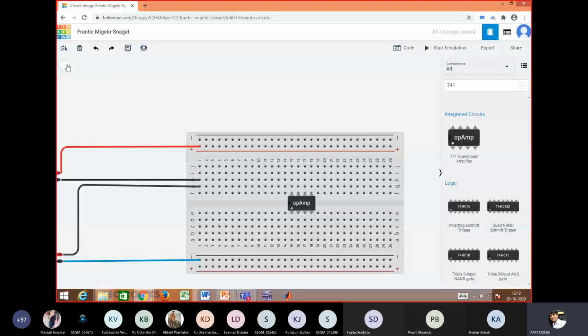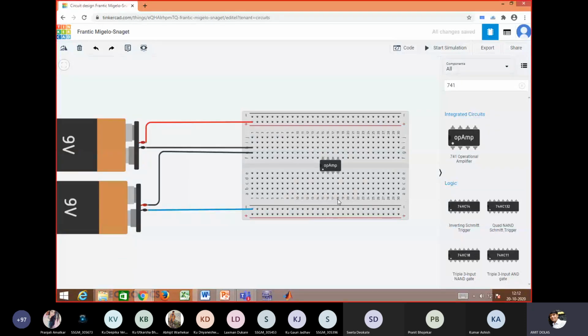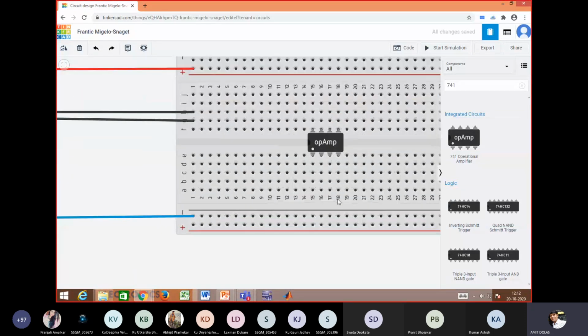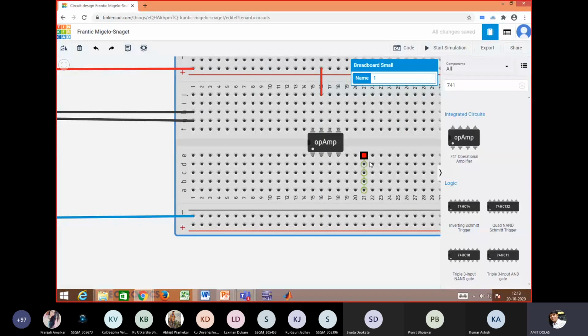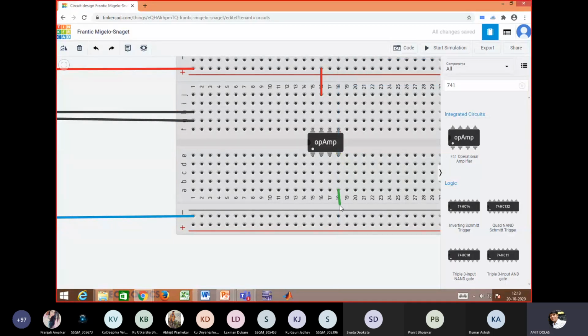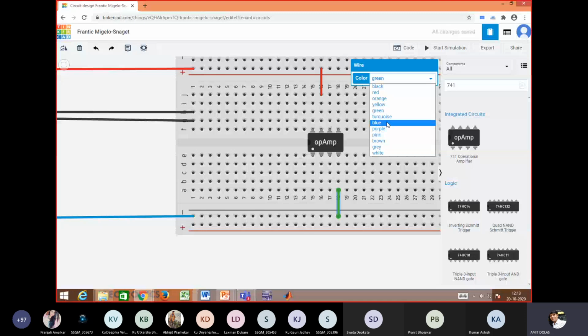So here, what will we do? We'll connect positive supply. Where is positive supply? This pin number 7. Pin number 7 is positive supply. I'll connect it to the positive. Again, you may use color coding, that is red. Then pin number 4 is negative. Instead of using this point, I'll use the bottom point here. So this is connected here. So it is negative. Again, I will use the same color coding, that is blue.